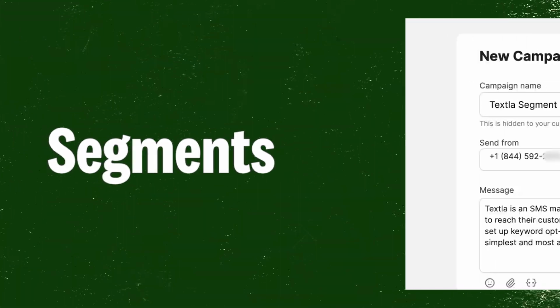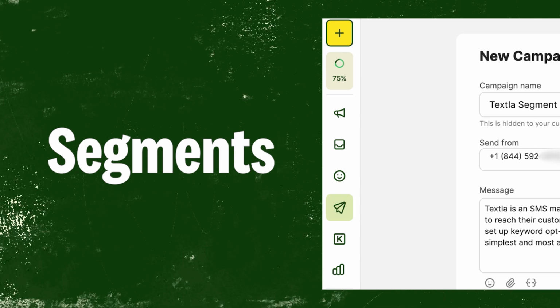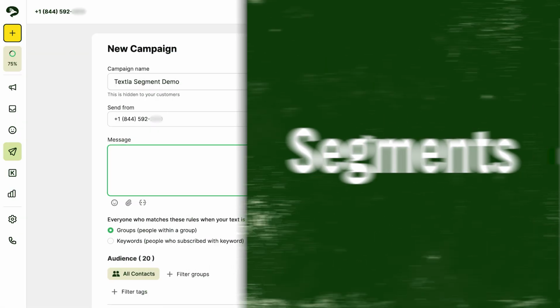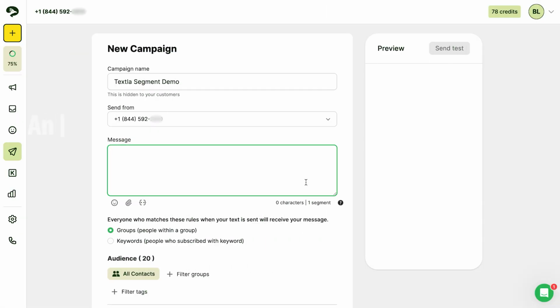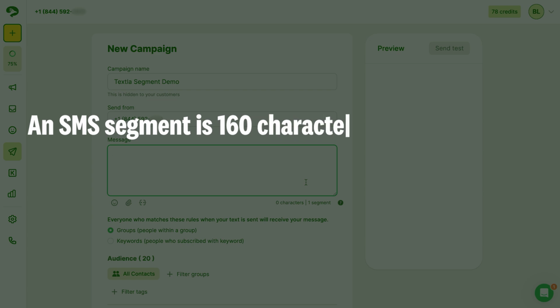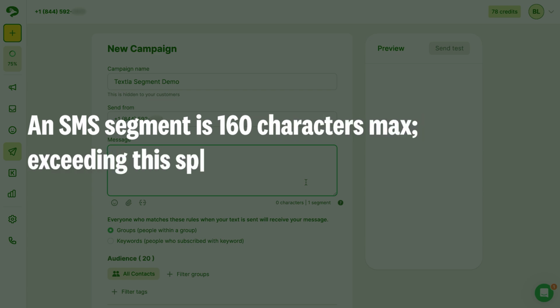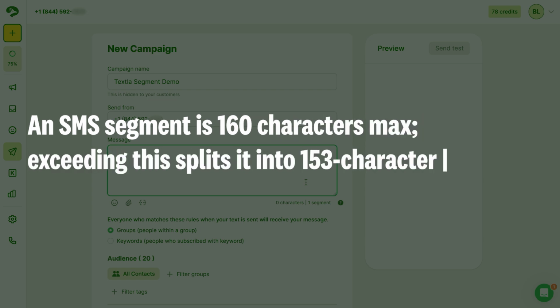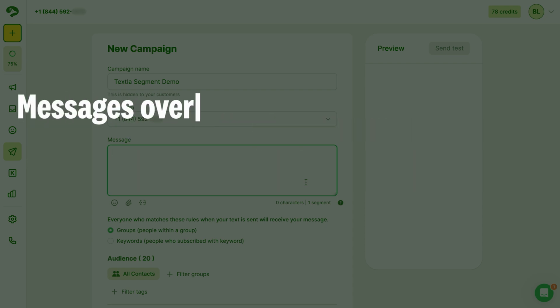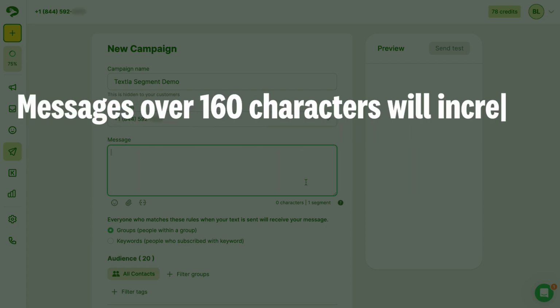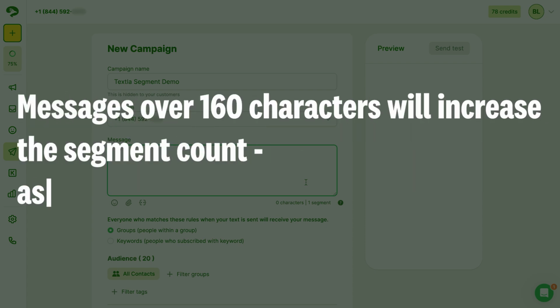In today's quick video, we're talking about SMS segments and how they impact your messages. Let's dive in. An SMS segment is typically up to 160 characters long. However, if your message exceeds 160 characters, each segment is reduced to 153 characters due to the way SMS infrastructure was built by carriers. This means that messages longer than 160 characters will use more segments, the character limit per